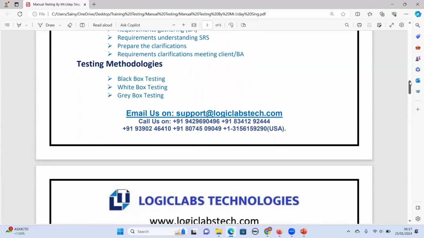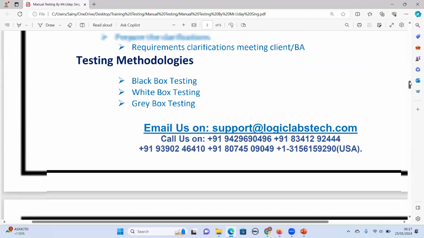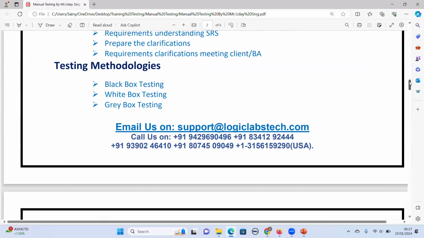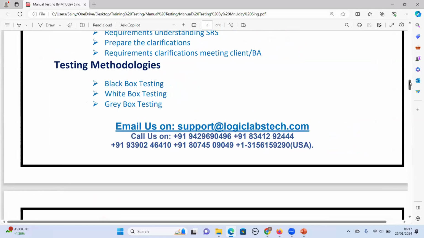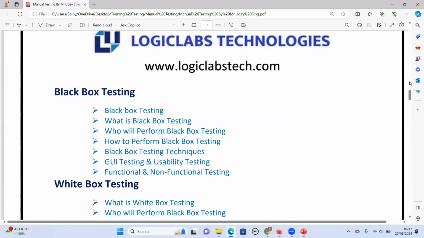I will explain what is black box testing, white box testing, and gray box testing, with examples. Moving on to black box testing, I will explain what it is, who will perform it, how to perform it, and black box testing techniques.